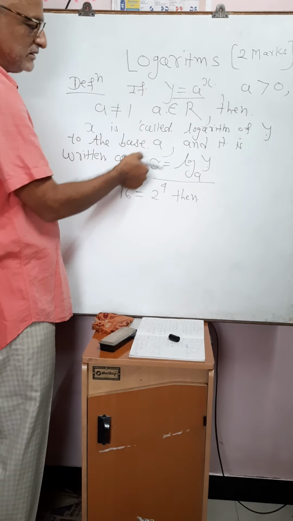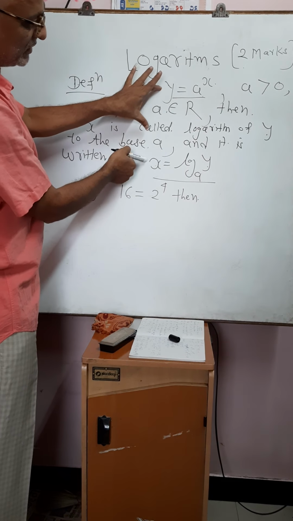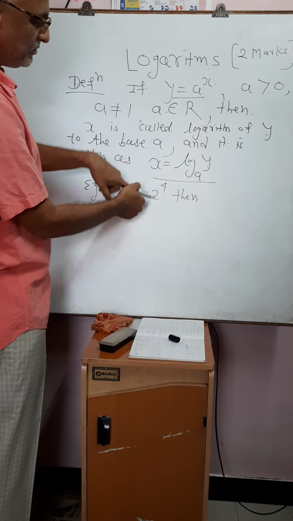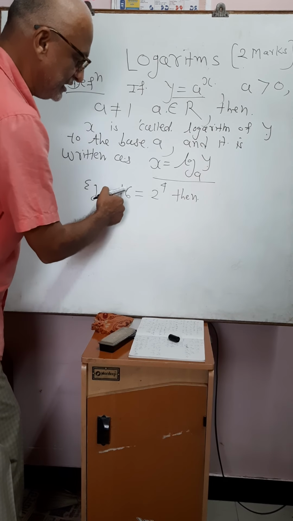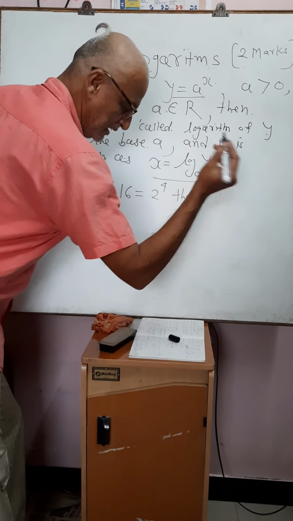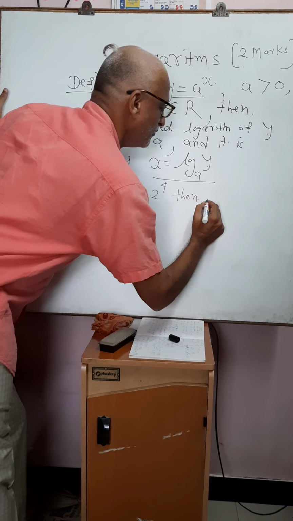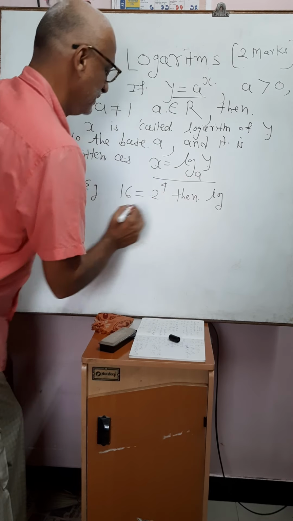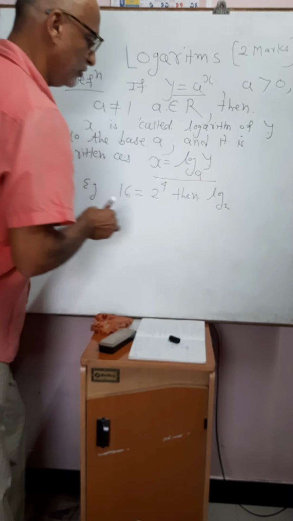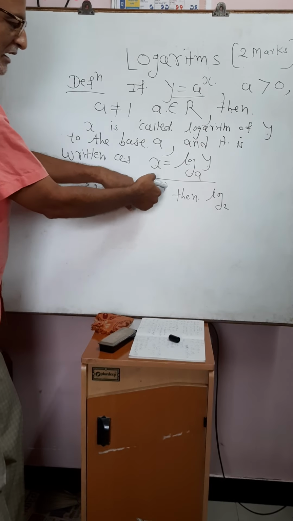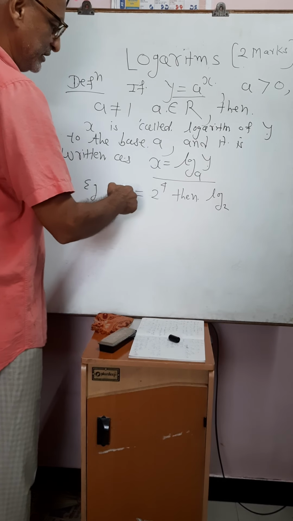as earlier, as in the definition. What remains same? The base remains same. What is the base here? 2. So the equivalent logarithmic form is log of, here the base remains same. So first you write down the base, log of 2. What changes? The index comes on this side, and this 16 goes there.